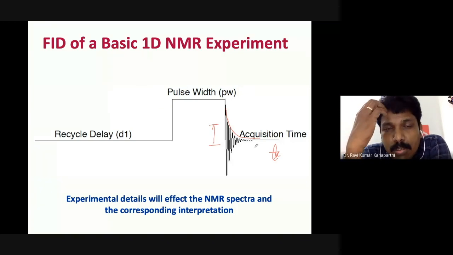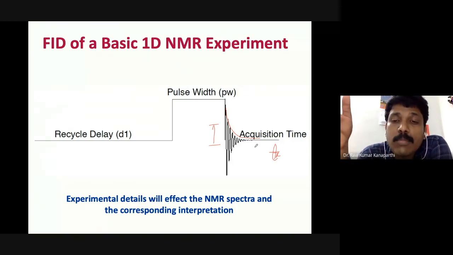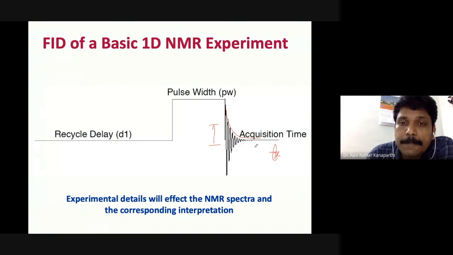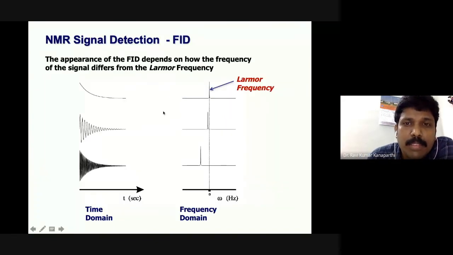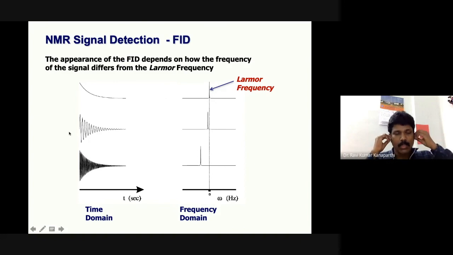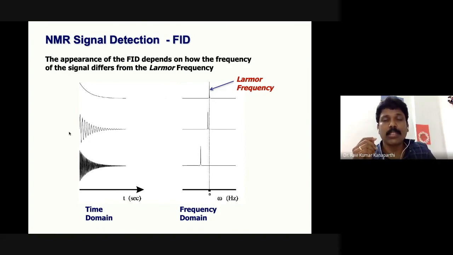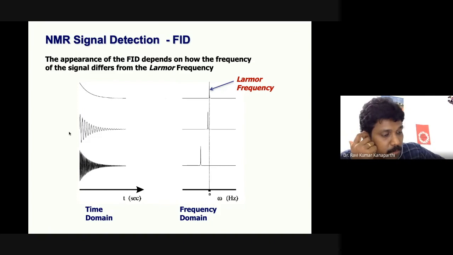So these nuclei are so many. As a result, this becomes so interesting. And yes, these are different types of signals you can see here, depending upon this thing. Another interesting thing is that this time versus intensity information is something we cannot easily interpret to understand the chemical environment of the sample, and also to analyze the sample which has formed. So time is not a very convenient thing.